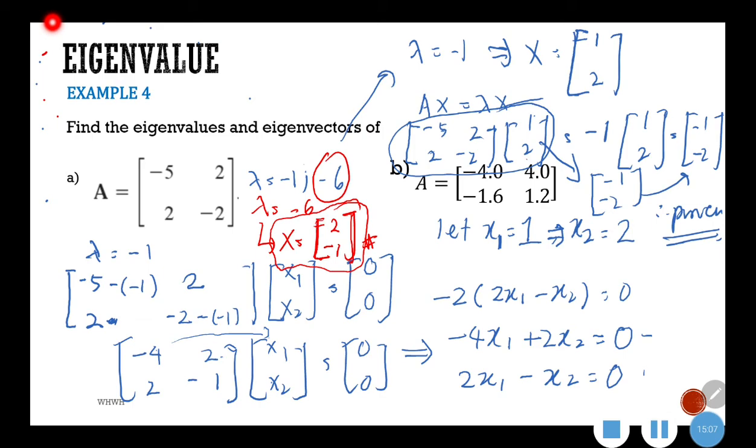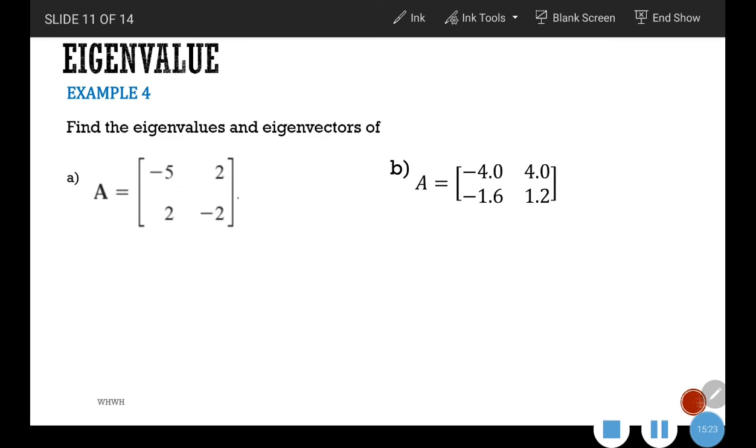Nak tahu jawapan you betul ke tak? You prove AX equals to lambda X. Okay, prove this one. If you get it correct, left hand side equals to right hand side, then you will all fine. Alright, okay. Okay, so untuk B,